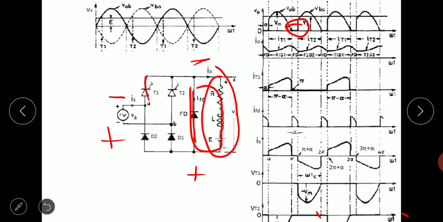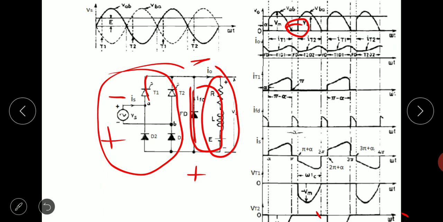However the freewheeling action is taking place, the load voltage in each case will be 0, because a short circuit means 0 voltage. So there will be no voltage across the load. And you can see that since freewheeling action is happening, this total circuit gets disconnected and the current is flowing through the freewheeling diode only. Since all the current through thyristor T1 is now diverted through the freewheeling diode, thyristor T1 will get commutated.